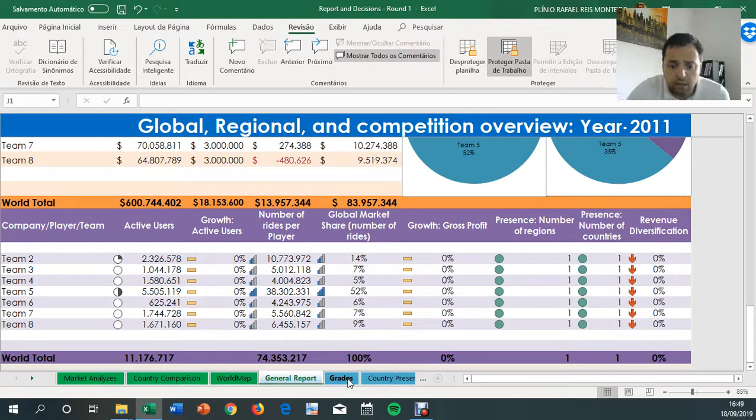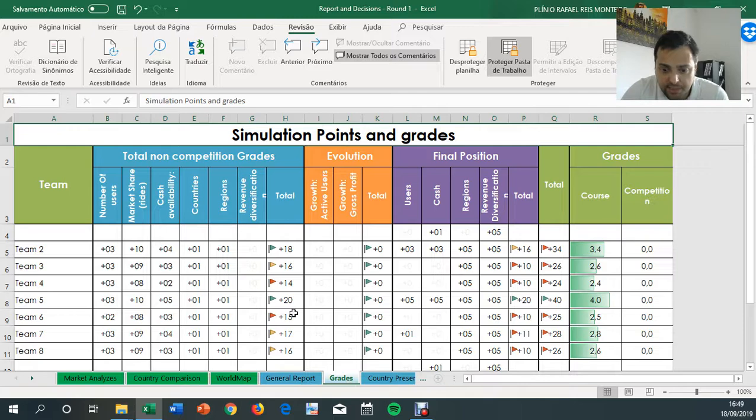Let's take a look at these grades. So you can see here how much grades you're receiving in each key performance indicator. So we have the total competition grades. Basically, this is a level grade depending on the number of rides, number of users, market share, number of the cash availability, number of countries and regions, and so on. And if you sum up these, you have the grades for